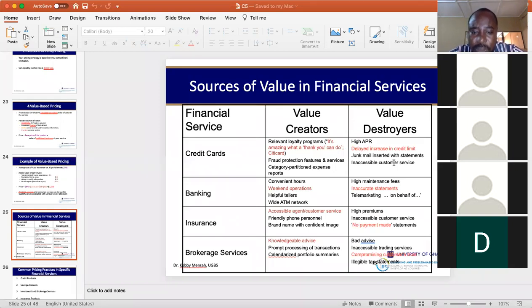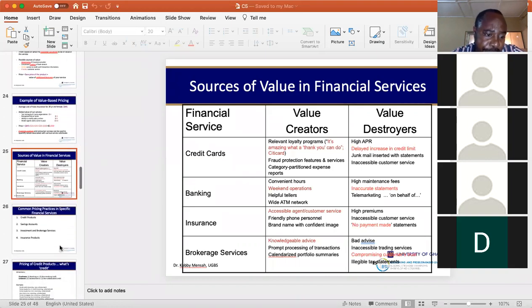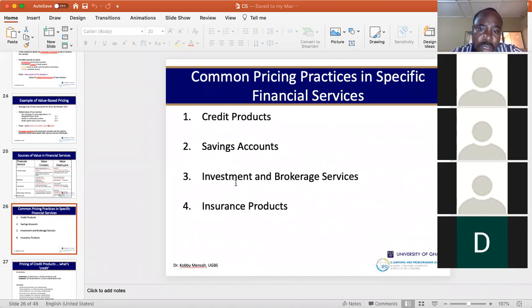Any value creators or value destroyers? Okay. All right. So the common pricing practices in specific financial products, obviously, we know this is a credit product, savings account, investment and brokerage services, insurance. They all have